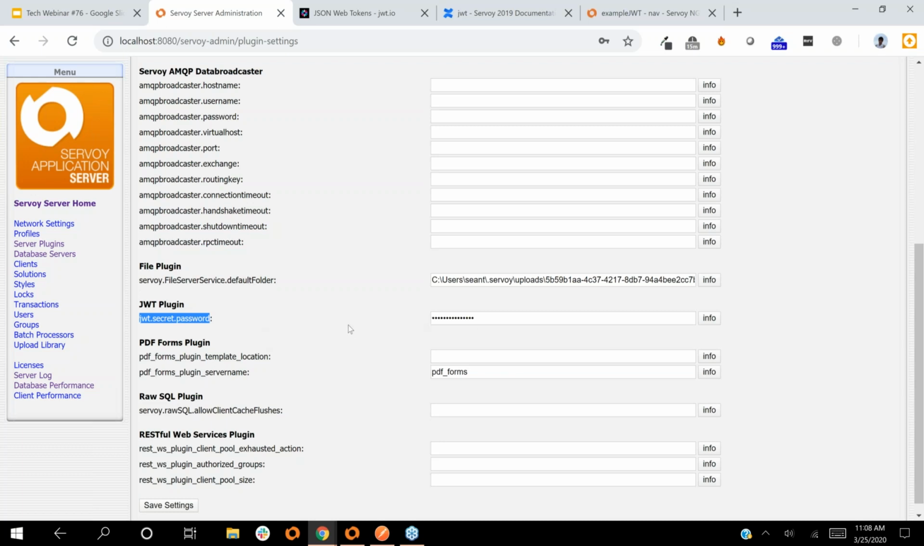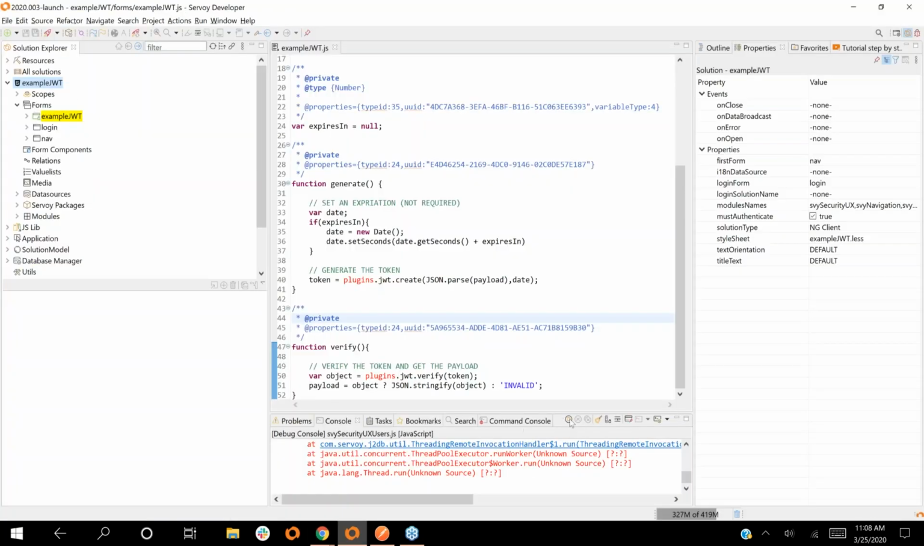This is going to be required on any server that can generate and verify tokens. If the password changes, then the tokens will no longer verify the same. So that's the important cryptography part, and that's step one. Then you get inside Servoy Developer, and